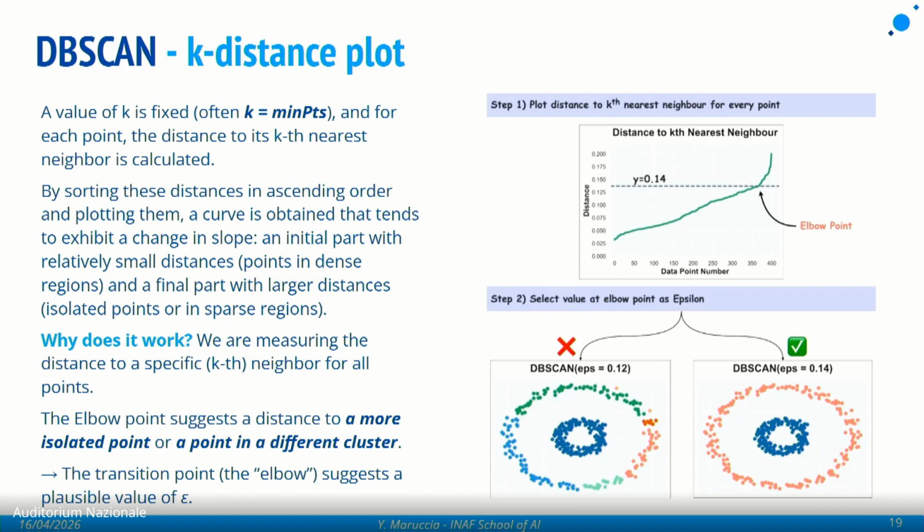With an epsilon parameter that is small, that is 0.12 and not 0.14, you can see that we have fragmentation of the clusters, and at the end we have this problem, because visually we can see that there are only 2 clusters in this plot. And this is a problem that I reproduced in the notebook that we will see after the coffee break,